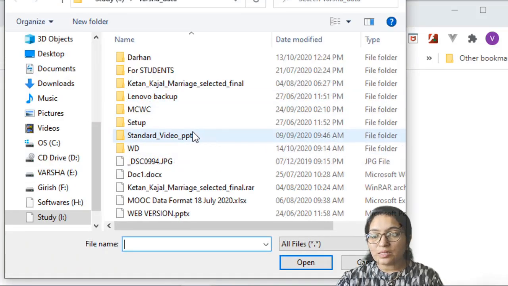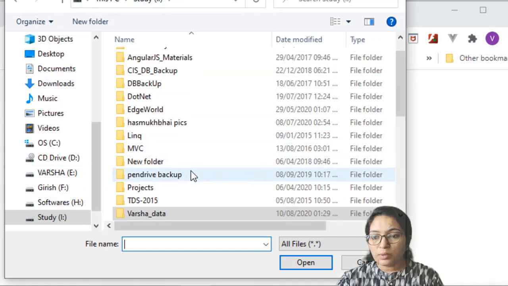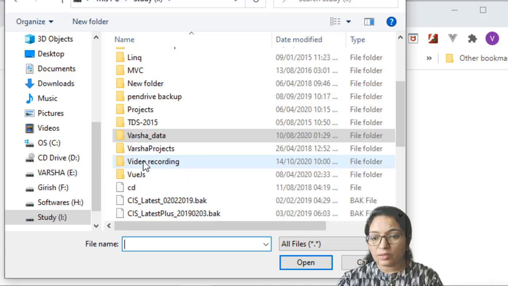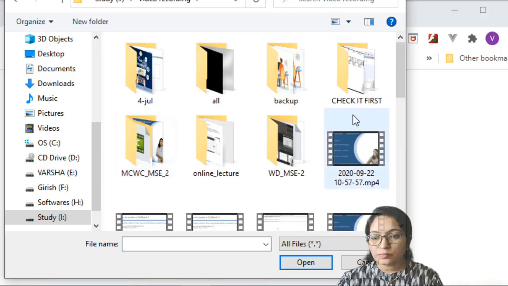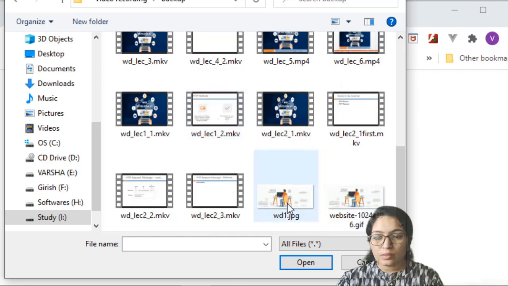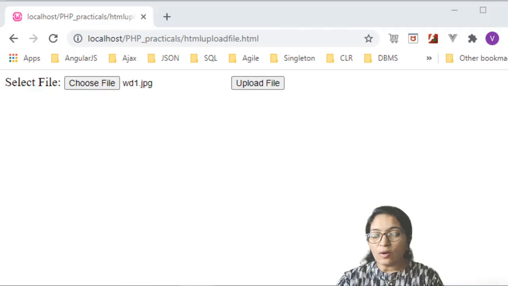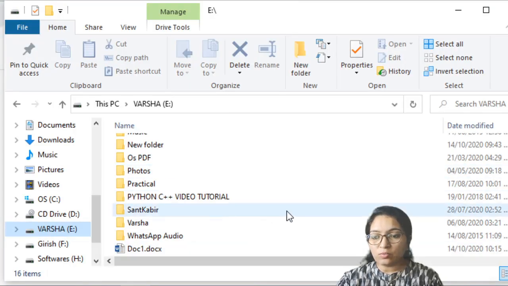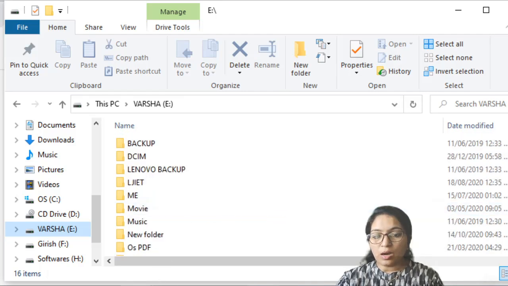Now let's select any image. For example, I have an image. Suppose I am selecting this wd1.jpg. Right, now let's first check in E drive. Here you can see there is no image.